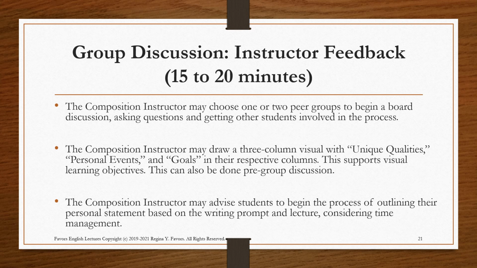So then the group discussion, instructor feedback, 15 to 20 minutes. So the composition instructor may choose 1 or 2 peer groups to begin a board discussion, asking questions and getting other students involved in the process. The composition instructor may draw a 3-column visual with unique qualities, personal events, and goals in their respective columns. This supports visual learning objectives, and this can also be done